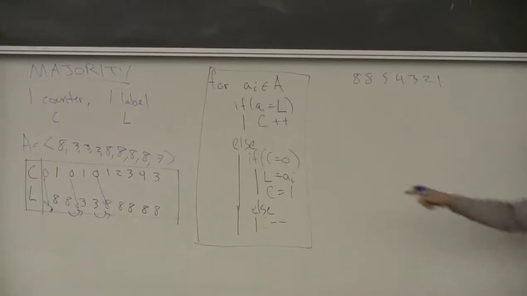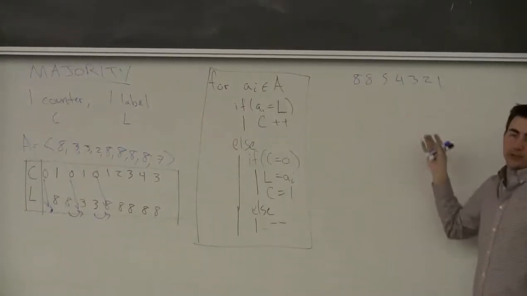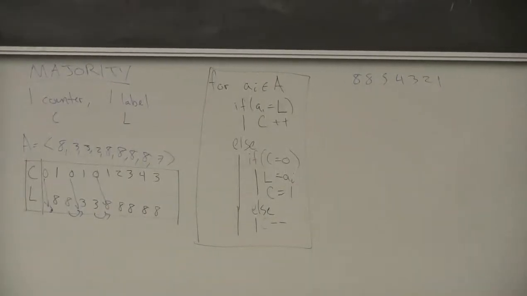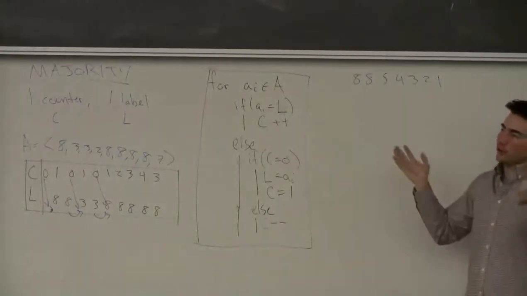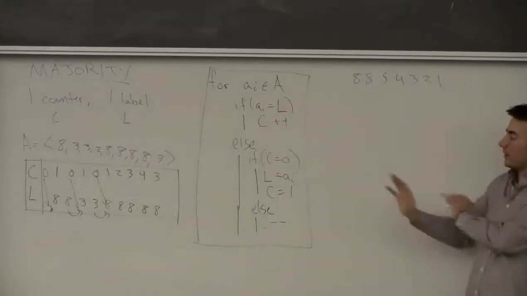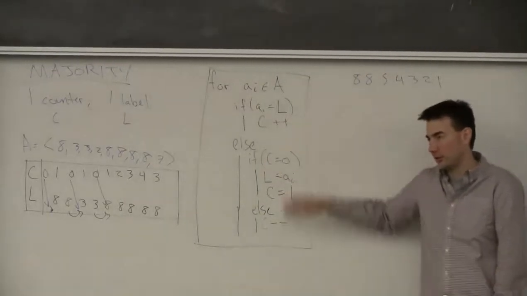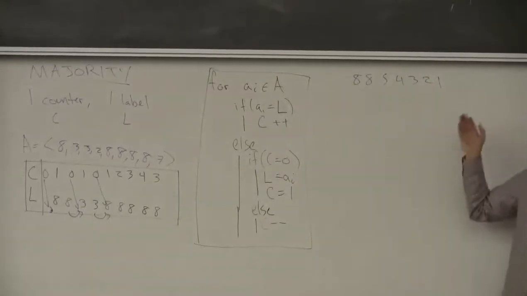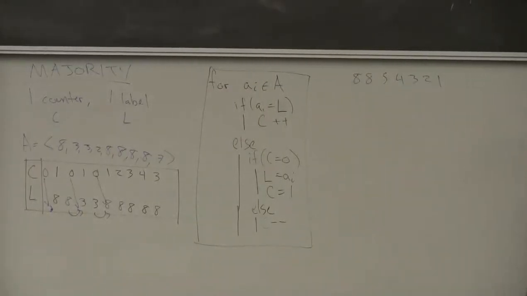Yeah, but that's a good point. If it fails, I can return the value 1, for instance, or 2, and it's not a majority, but that's okay. I didn't claim I was going to return anything if there's no majority. If this is an election and no one has a majority, someone maybe at random gets chosen. Right? I didn't claim random. That would be something slightly different. This would not give a random answer. Right? But it could be anyone. Maybe whoever gets the last vote is more likely to get elected. Very strange elections in this case.